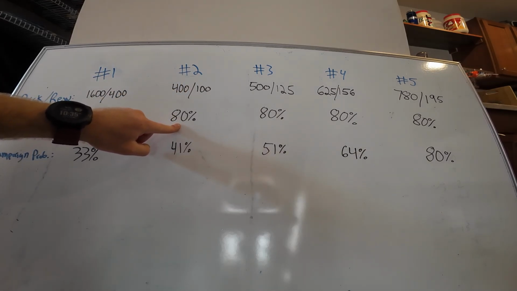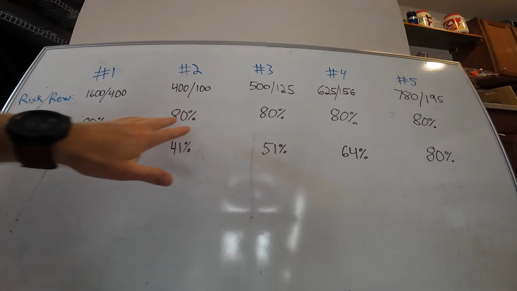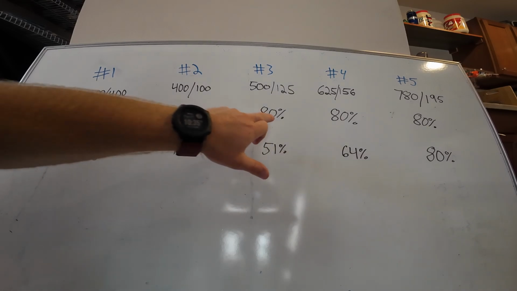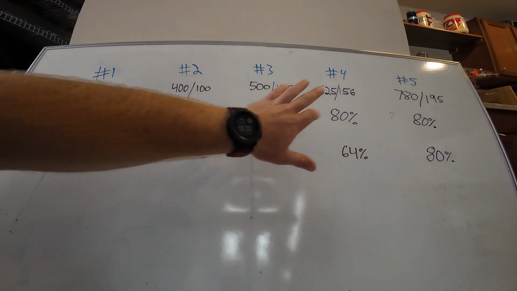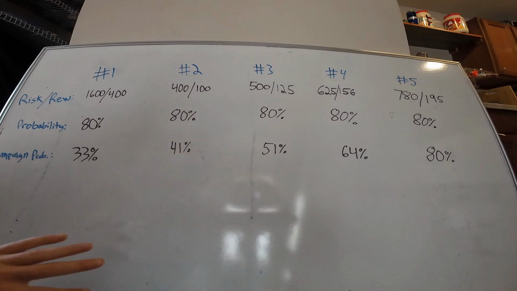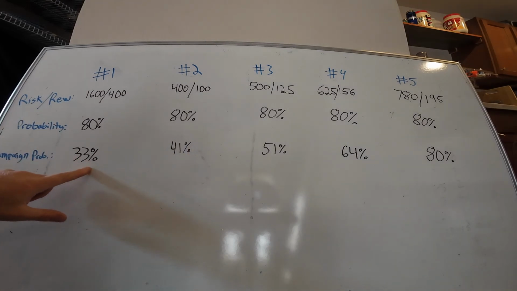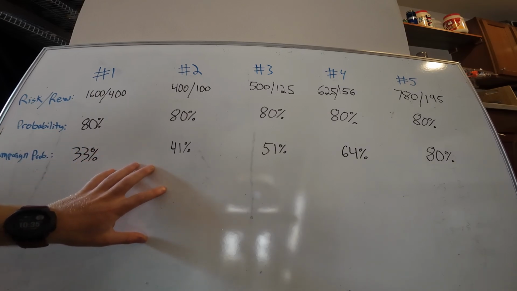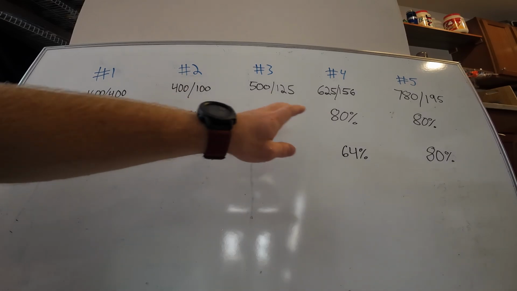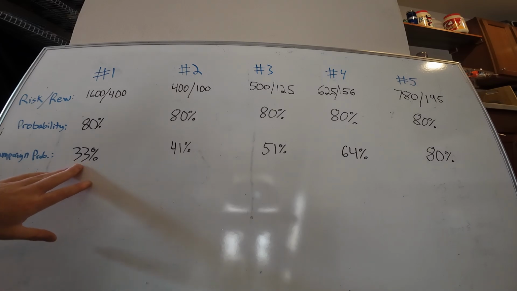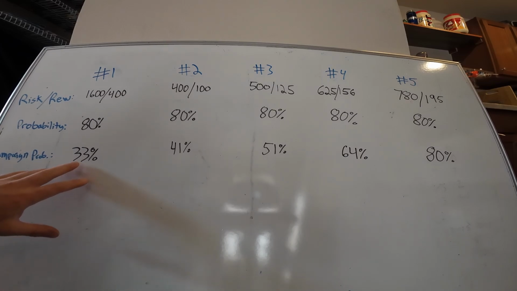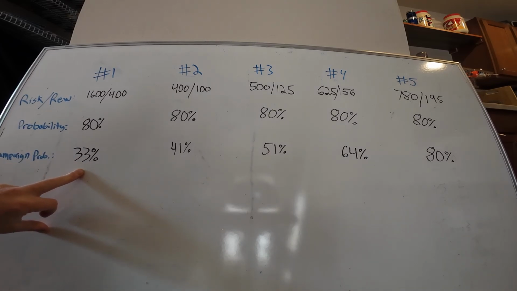Now, you might say, well, what's the likelihood of making 80% bets, a 0.25 R, 5 times in a row, which is what this play is? It's right here. 0.8 times 0.8 times 0.8 times 0.8 times 0.8. That's 5 times in a row. 80% times itself. That's how we get the probability of the campaign working out. That's 33%. That's 1 out of 3. That's not very good. However,